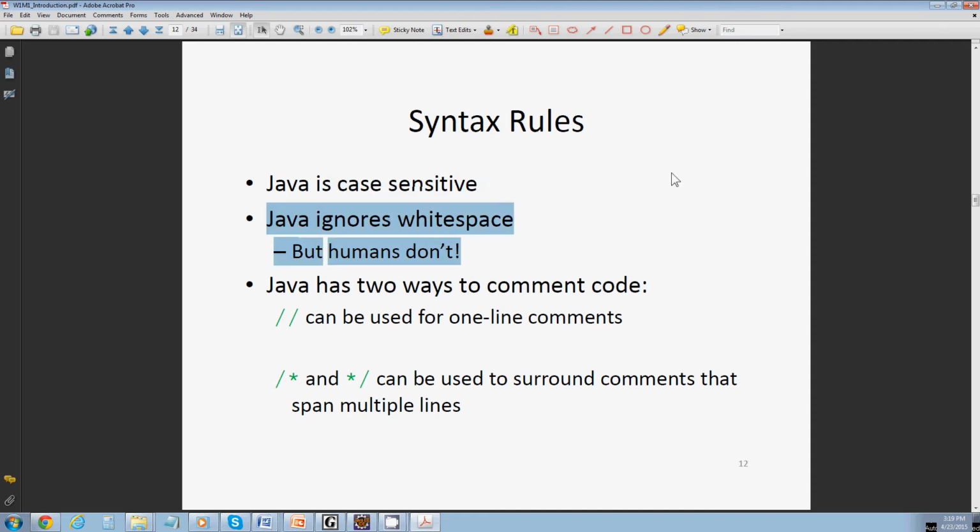Java ignores white space. So you can have lots of tabs and lines and blank lines separating your code, Java doesn't care. It's going to ignore all of that. But human readers of your code do care. So it's really important when other people are going to be reading your code, which they almost always are, to